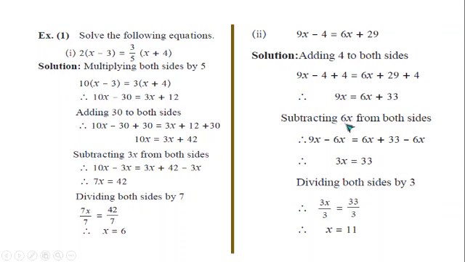Once again, subtracting 6x from both the sides, my equation becomes 9x minus 6x equal to 6x plus 33 minus 6x. 9x minus 6x becomes 3x. 6x and minus 6x get cancelled from the RHS, and in this way I get 3x is equal to 33. Once again, dividing both the sides by 3, I have 3x upon 3 equal to 33 upon 3. 3 and 3 get cancelled from the LHS, whereas on the right side I have 3 elevens are 33. So x becomes 11.